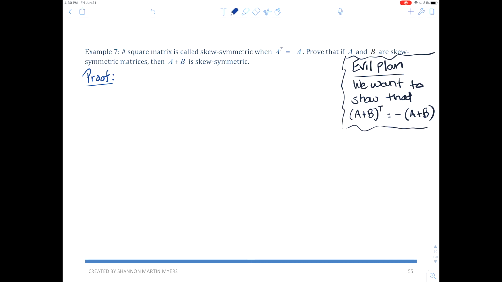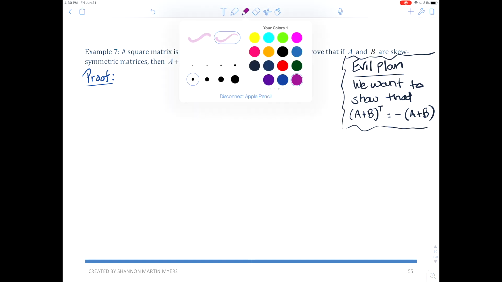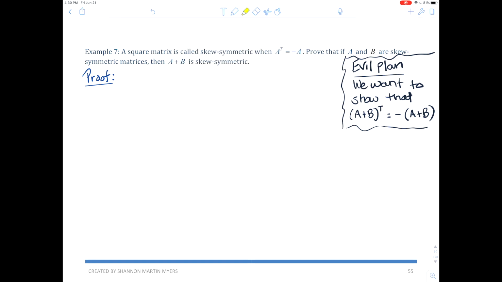So A and B are skew symmetric. It's an if-then. So premise, A and B are skew symmetric matrices, okay? And so here we go. They've been given as skew symmetric. We can assume that to be true. So we can say